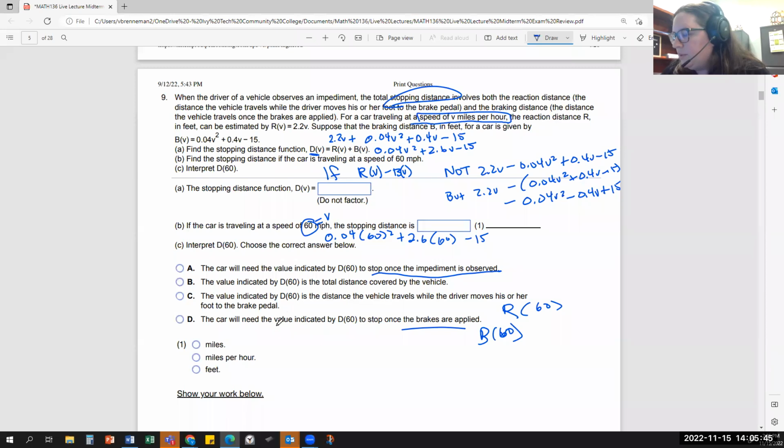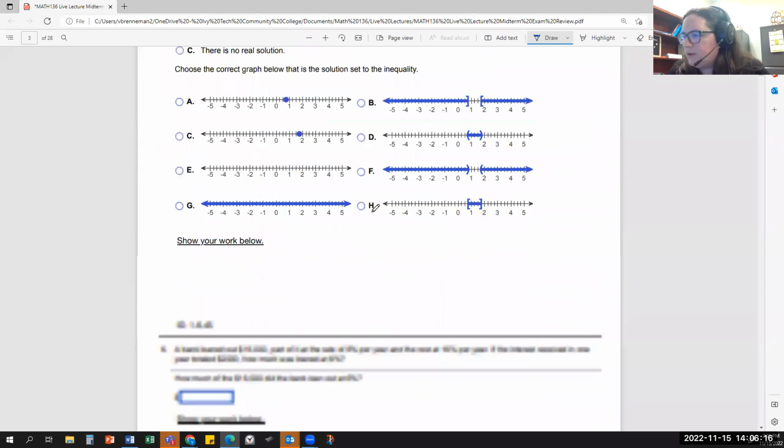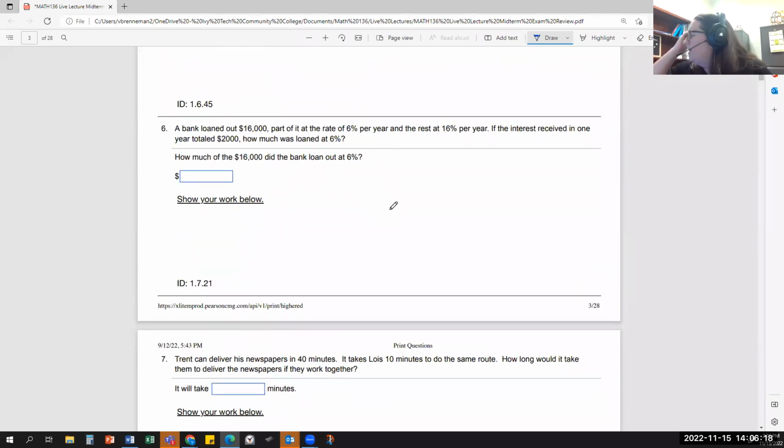And then that's the unit. So the unit on the result would be feet. You're finding the stopping distance in feet. So you're putting in miles per hour, you're getting a number of feet. Number 19, we'll see, I'll do number 6, and then number 8, well, okay, number 20 was covered on Saturday. 19 is similar, but I think I'll have time to do it.